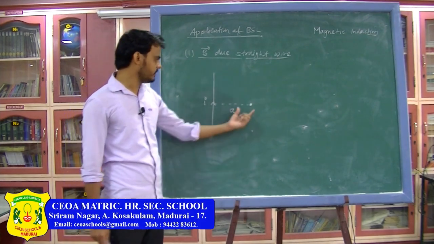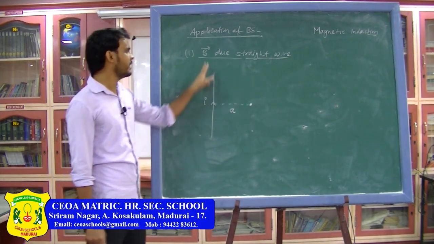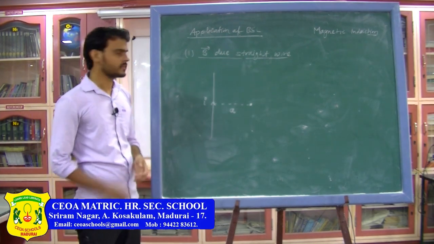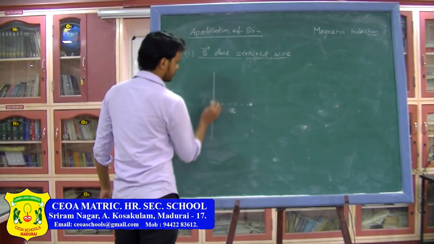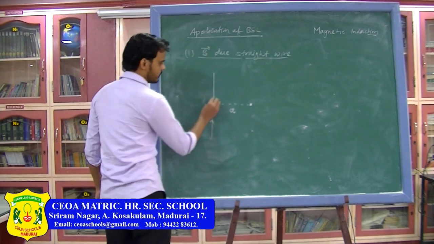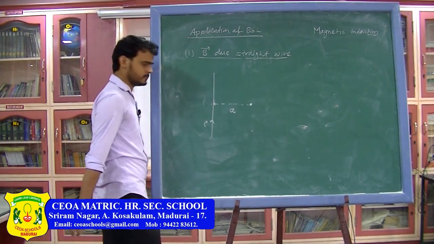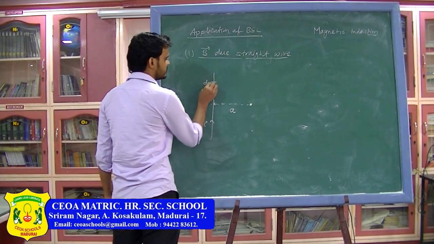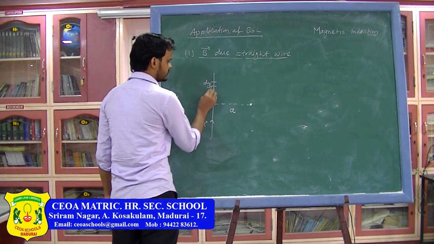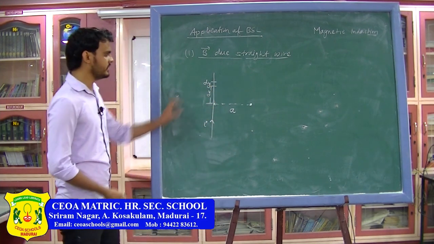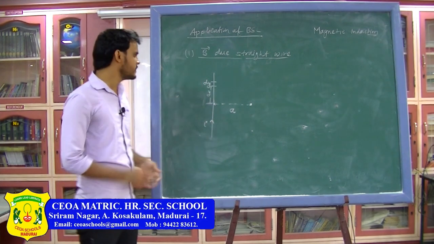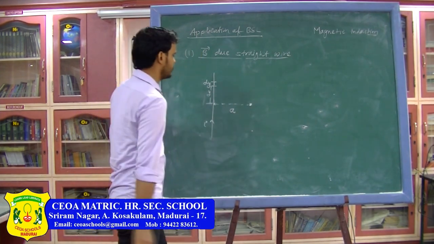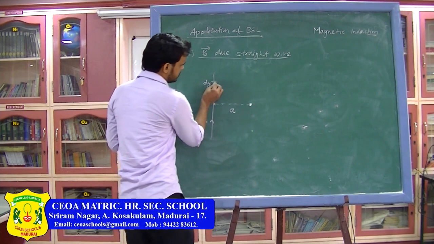To find the magnetic field at this point due to this current carrying wire, I am going to use Biot-Savart law. Biot-Savart law says first you divide the wire into very small elements. So what I am going to do is assume this as the origin, and from here in this direction I will go at a distance y, and I will take a very small element whose length is dy. So this distance is y, and I have taken a very small current element whose length is dy. Due to this dy, I can find the magnetic field here. This distance is a, this distance is y, and this distance I am assuming as small r.